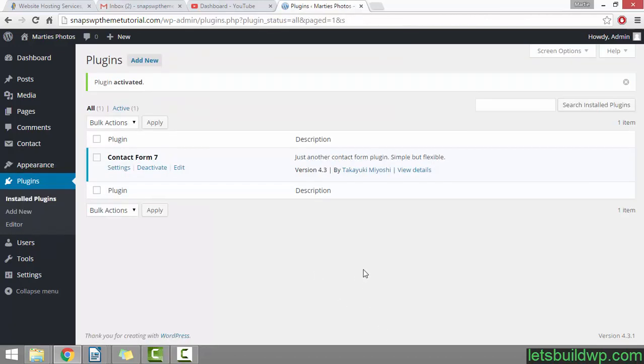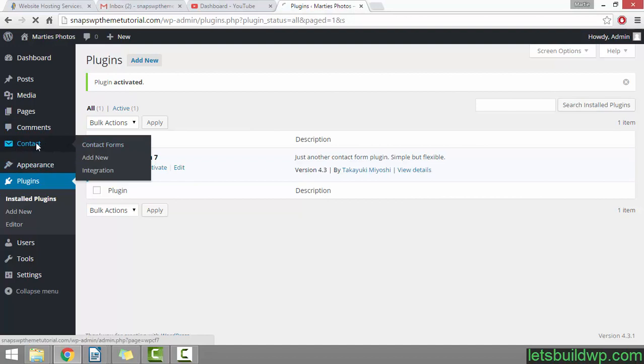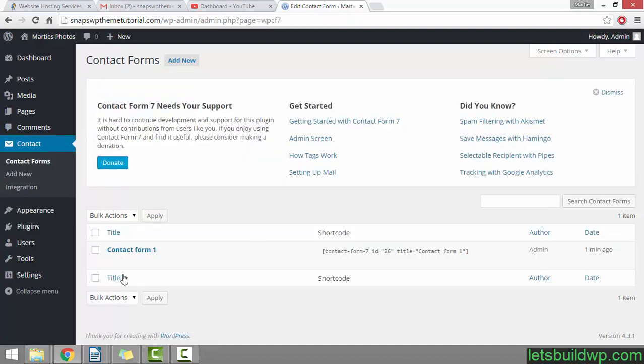and you just need to click Activate Plugin. Now on the left hand side you'll see the word Contact appear, and if you click here you'll see it says Contact Form 1. Now this is a demo contact form that has already been set up for us, and to be honest it works in most cases. It'll ask for the visitor's name,